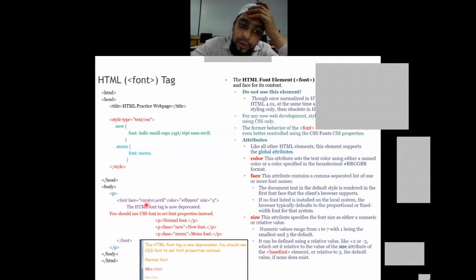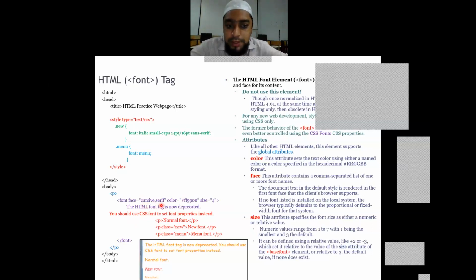So if you want to make use of any face, whether it is Times New Roman or Verdana, or Arial, or cursive, whatever you want to use, whatever is defined in your system, you can mention it over here. There are various faces. If you want to go through the various font styles, you can just open your MS Word and you can type with various fonts. So you need to mention what is the font that you want to use.